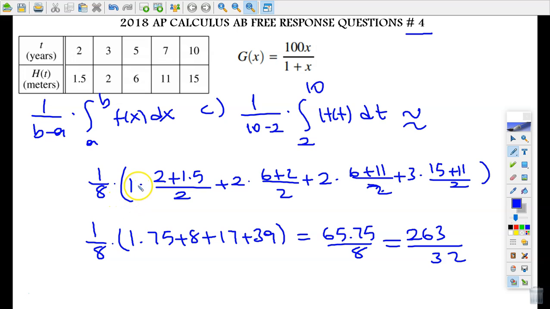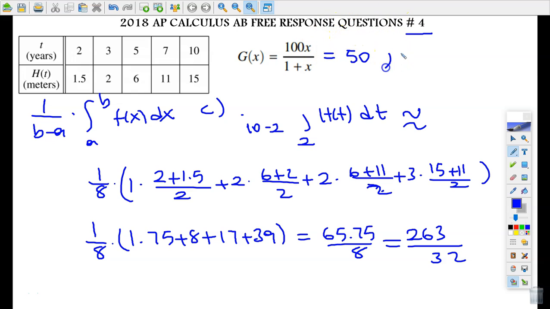In part D, it says the height of the tree in meters can also be modeled by the function g, as you can see here. This is the g function. It says where x is the diameter of the base of the tree in meters. So when the tree is 60 meters tall, so when this is equal to 50 meters, I'm sorry, I said 60. So when this is equal to 50 meters tall, the diameter of the base of the tree is increasing at a rate of